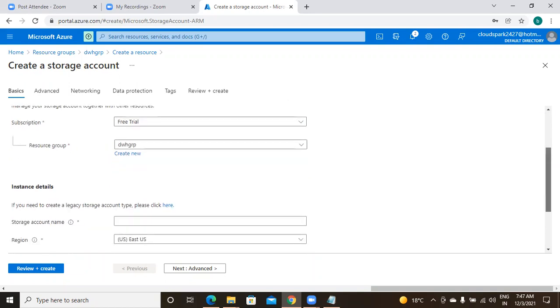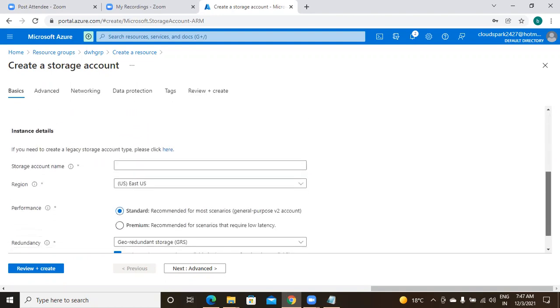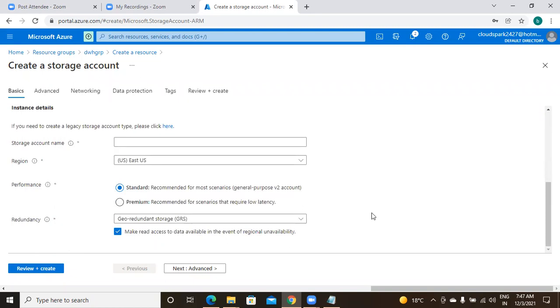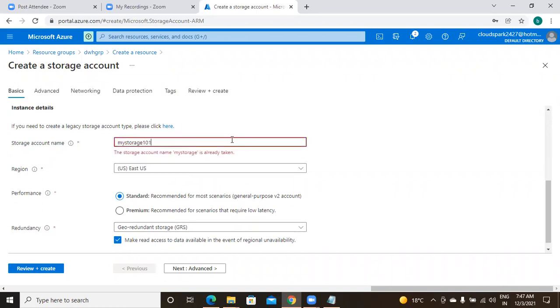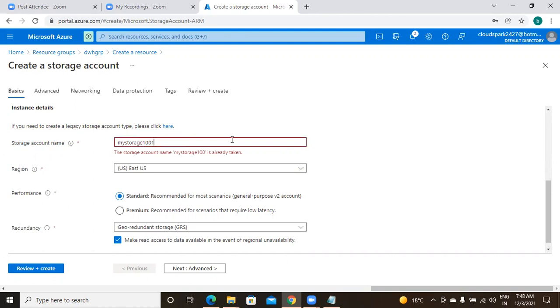But still come down. Still other details you need to specify. The storage account name. My storage 101 I am giving. 101 is already there, so 1001 I am giving. Okay, this name is accepted. Not accepted.